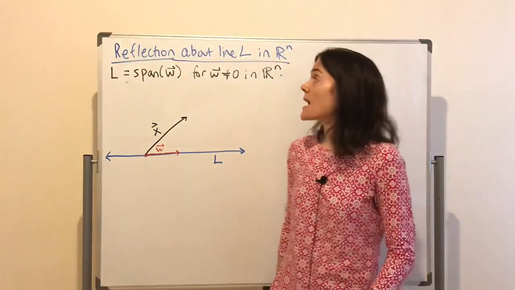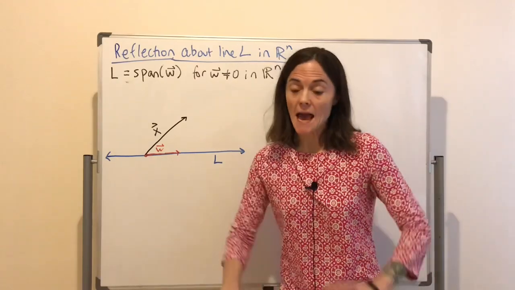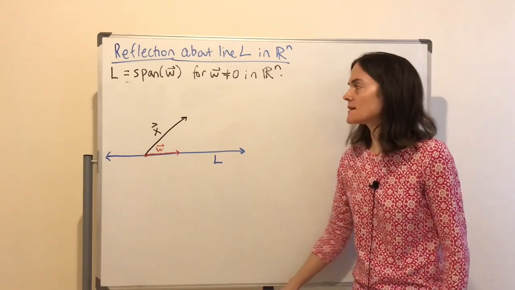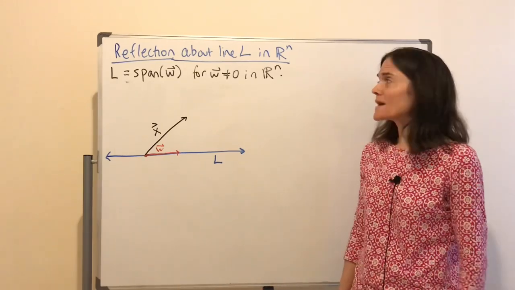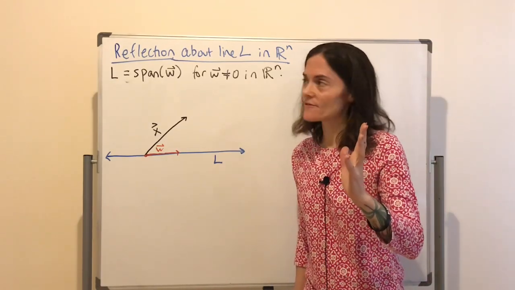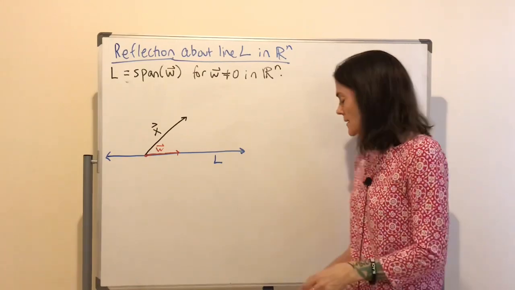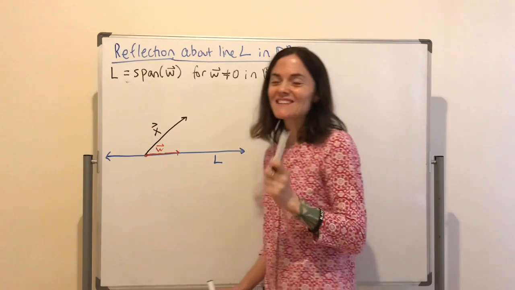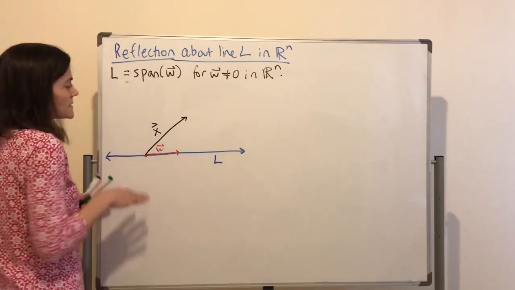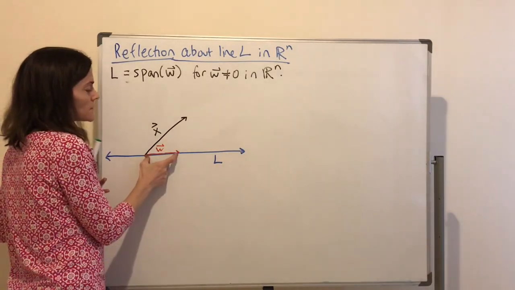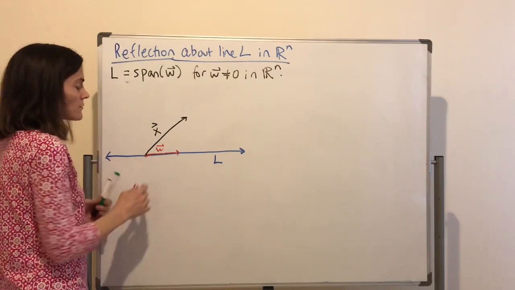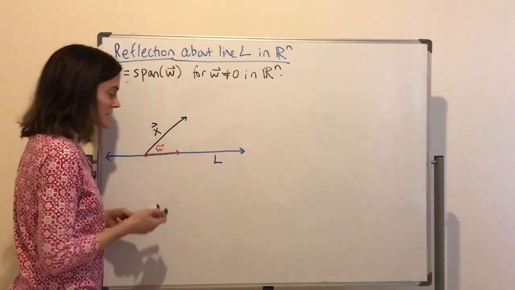I'd like to discuss now reflection about a line in Rn. I'm not going to go through as many of the details as I did with orthogonal projection, but we will do some. What is reflection? Well, we saw one reflection in the last video. I reflected about the line y equals x, for example, and I will come back to it and do that example after we discuss what the matrix looks like. But we have a line, okay, which is all multiples of some non-zero vector W. So in particular, the line runs through the origin, just like when we did orthogonal projection.